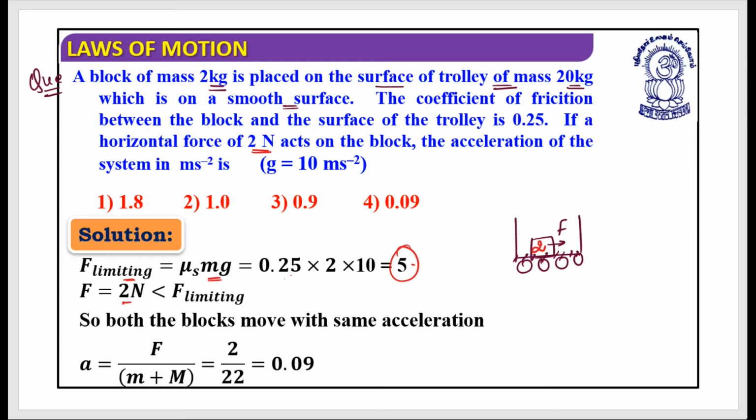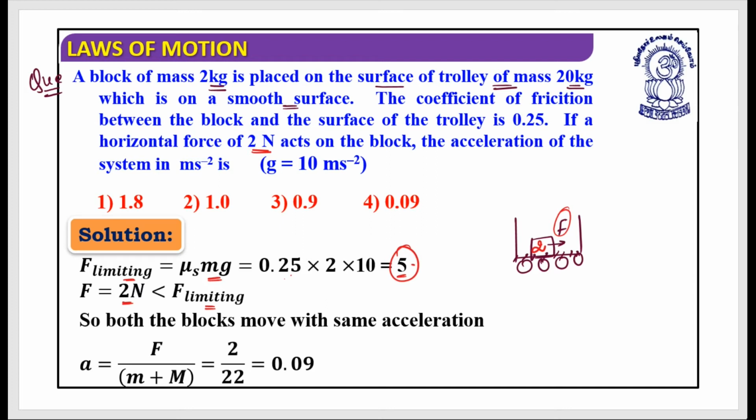That means my applied force is less than the limiting friction, so the friction at this point is just 2 newton. One more very important thing: if the limiting friction is 5 newton and you are applying a force of just 2 newton, that means